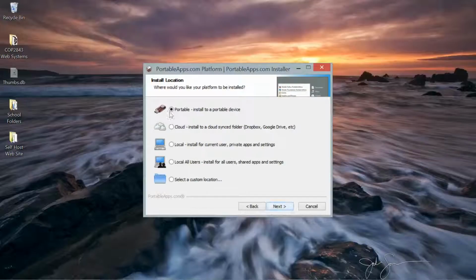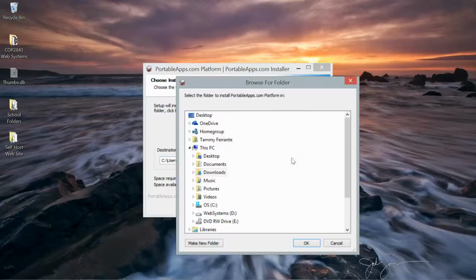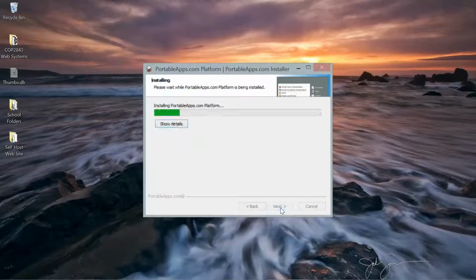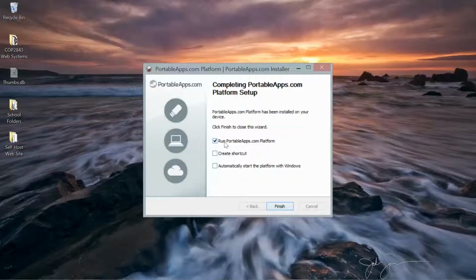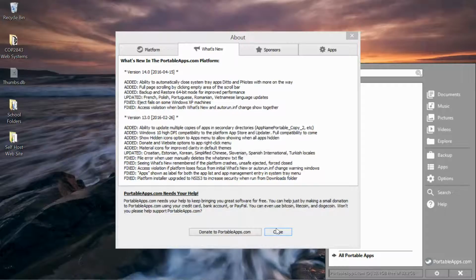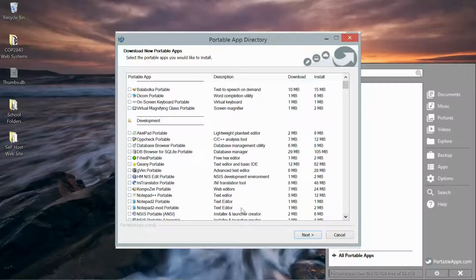Next. Install to a portable device. Next. Next. Browse. There's my D drive, and then OK, and then next, and then install. And I want to go ahead and allow run portableapps.com platform, and I'll go ahead and add create shortcut, and then finish. Here I'm going to go ahead and scroll down. We want to add Notepad++ portable,